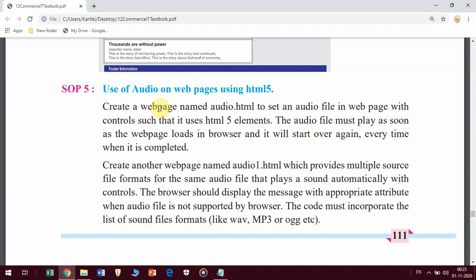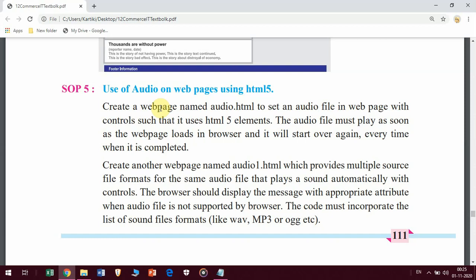The code must incorporate the list of sound file formats like WAV, MP3 or OGG. Three they have mentioned specifically, so in this video we are going to use the same three audio file types.